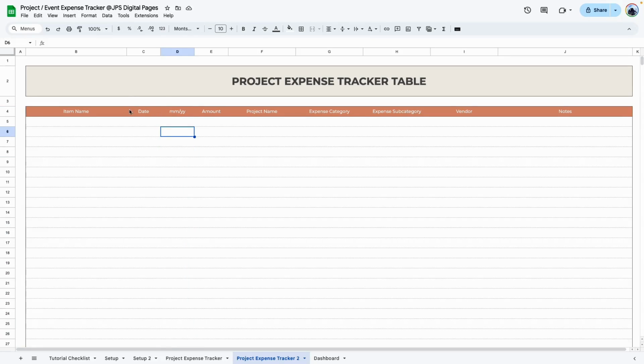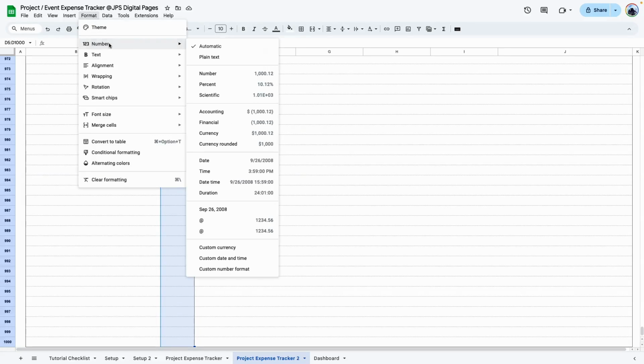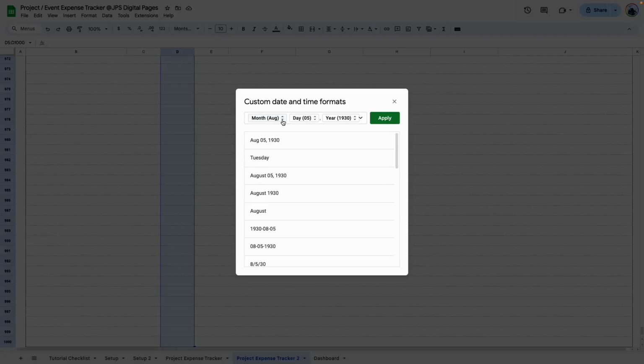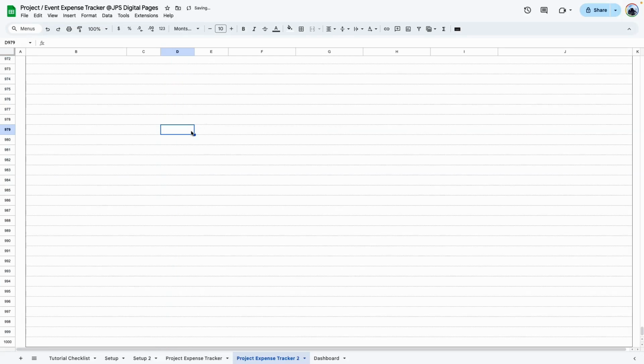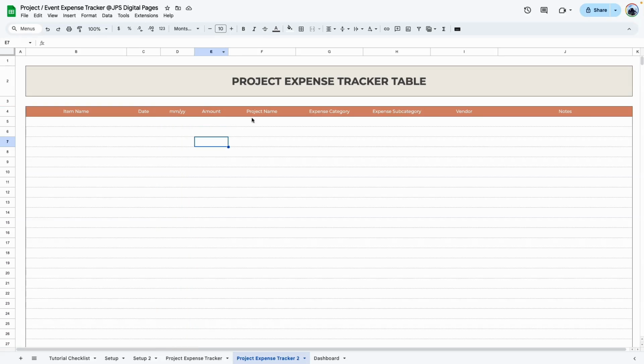The next column is also going to have a date entry, but instead of having it formatted with the month, date, and year, we want it formatted as month and year only. So we're going to do the same thing. Select the entire column, Format, Number, Custom Date and Time, and now we're going to remove the day. Okay, so just delete and remove the comma and the extra space. So now it only has month and year. Click Apply. All right. The next column is amount, so we're going to do the same thing, which is select